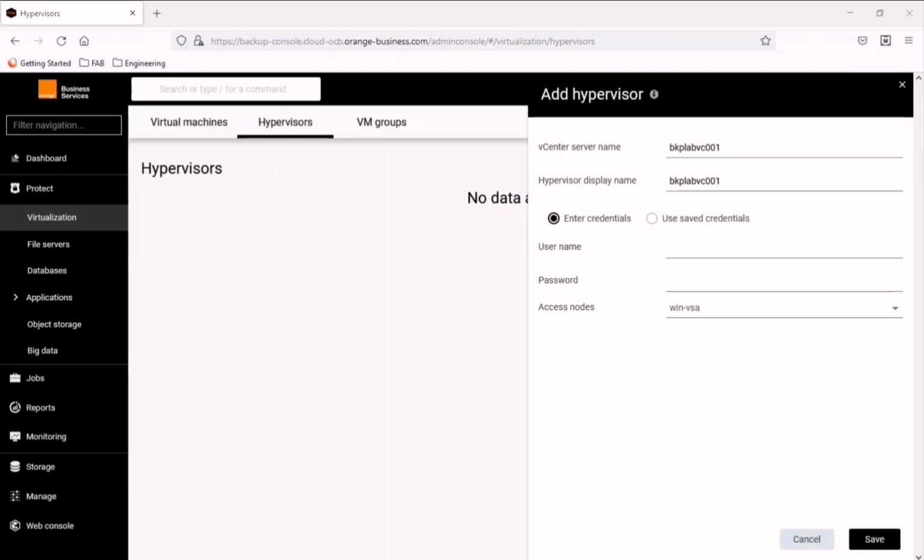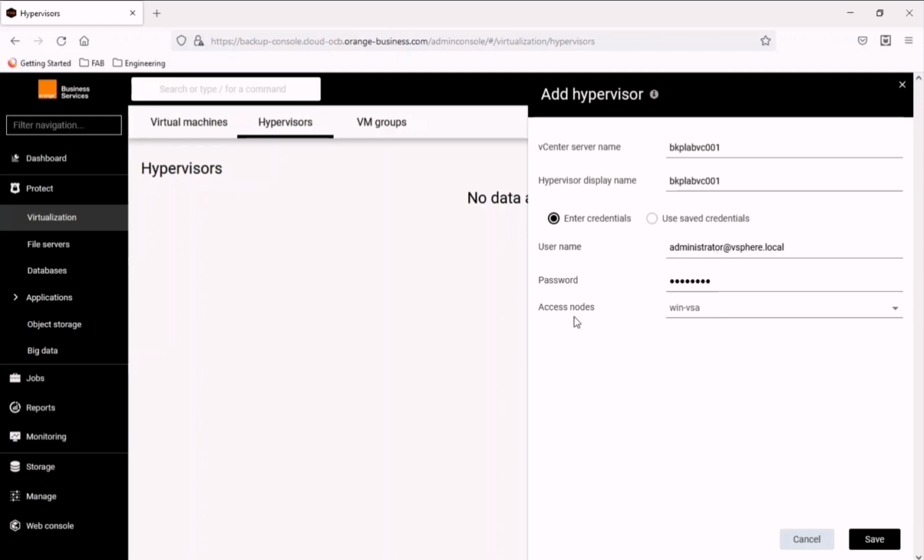Now I need to mention the username for this vCenter. You can configure a separate username. You can give limited access to that user so that it can only take the backup and perform the restoration task. But right now, just for lab or demonstration purposes, I'm using the administrator username and its password.